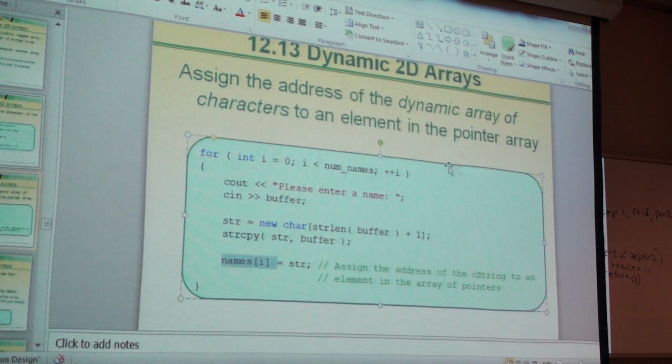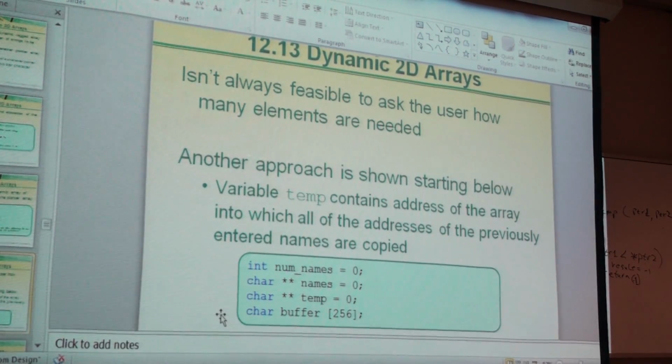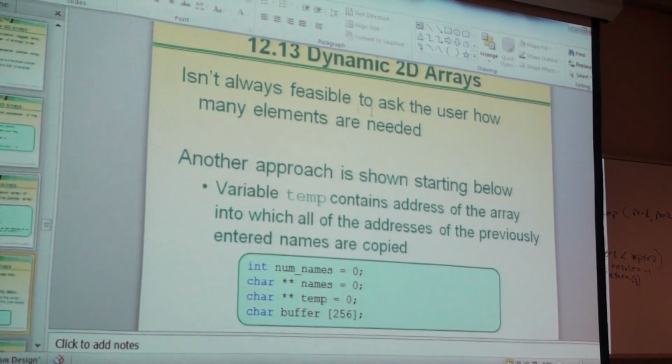Okay. Moving on. Now we get into the notion of dynamic. It isn't always feasible to